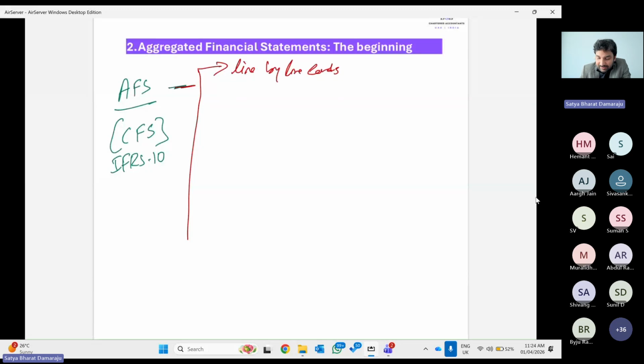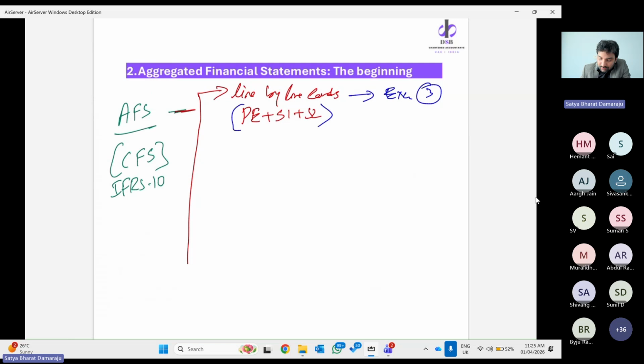Line by line consolidation we will be doing for all the group members: parent entity plus subsidiary 1, subsidiary 2. We will take the P&L and balance sheet line by line. We will do the consolidation and some eliminations. When you are doing the line by line consolidation, we have to do exactly the way we do it in the consolidated financial statements. Exception: